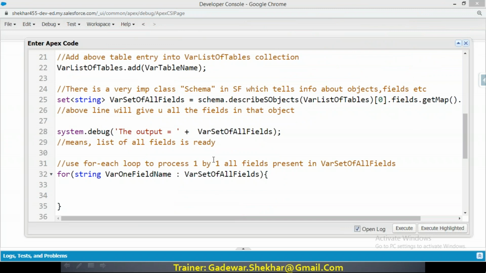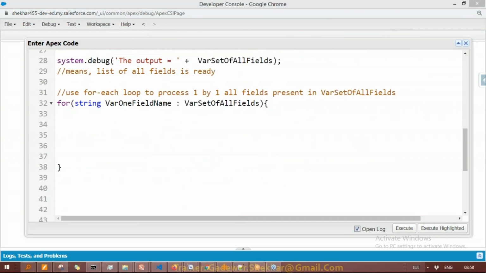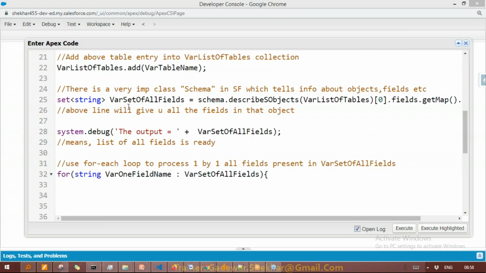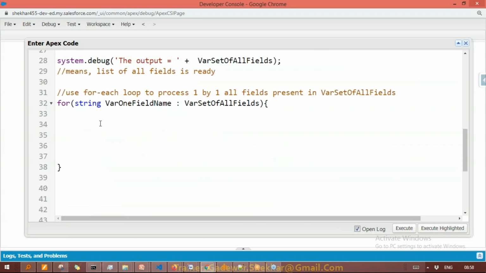Okay, fine. And all these things you also know, we have seen for loop many times in our regular training. Here now we will take all this information into the string. So one by one we'll concatenate. Concatenate means joining, adding one by one information to our query. So just take this query, var query, and one by one we will concatenate. How?